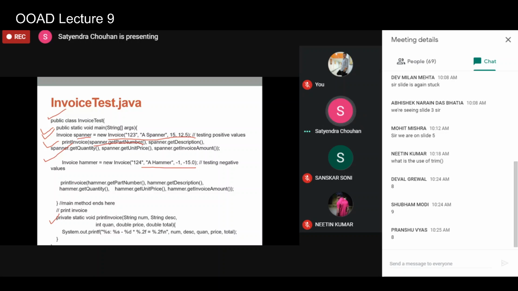Some of the things I need to mention: one is to keep your test class or the application class as minimal as possible. So the functionality that you provide should be minimum.